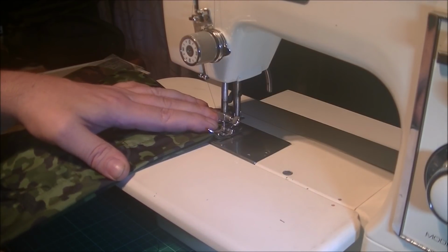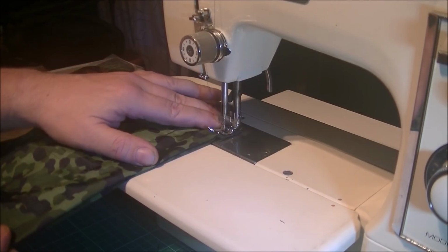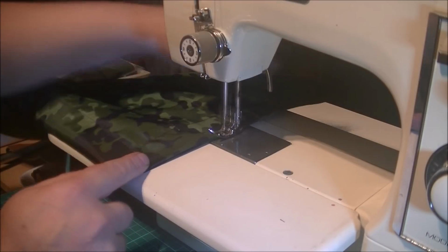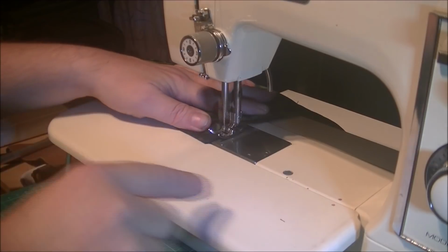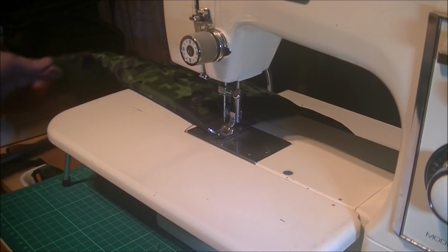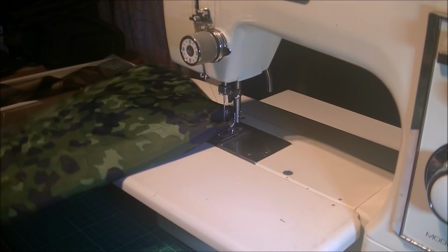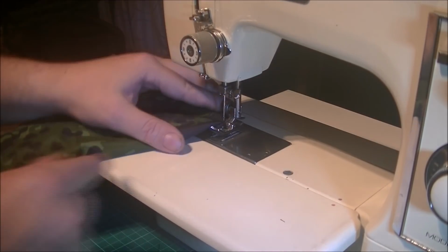Hold it, make sure I'm straight. Oh, I didn't particularly like that, did it? Get to that edge. There's not a need to sew up that edge, because remember I sewed it along the bottom and up one side, and that side's obviously, if I was to sew down there, no earthly reason why I need to do that, ladies and gents. So apart from the top attachment point,